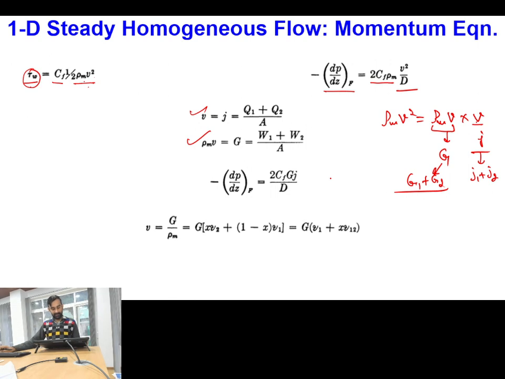Is this point clear? सर पाया एक पाया आना चाहिए हमने एरिया को पाई आर स्क्वायर पाई डी स्क्वायर बाय 4 No, we have not written. नहीं माइनस डी पी बाई डी जेड हाँ हाँ. जब हम इस जो आपने पहले फॉर्मूला लिखवाया है उससे इस फॉर्मूला पे आएंगे तो सर